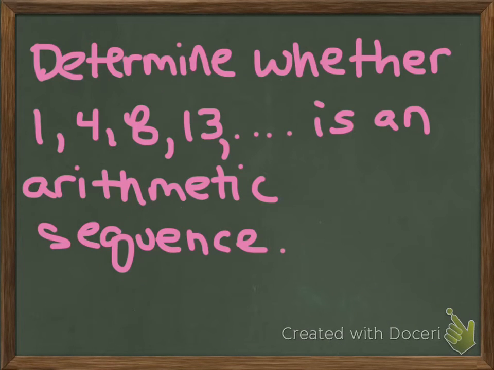Next, we're determining whether 1, 4, 8, 13, and so on is an arithmetic sequence. So we need to look at the pattern, and for a sequence pattern, it has to be the constant number for the pattern. So we're going to be either adding by the same number every time or subtracting by the same number every time. So in this case, to get from 1 to 4, we need to add 3,